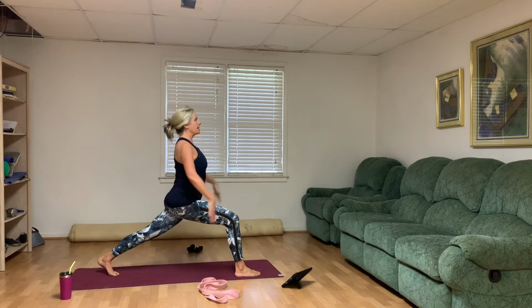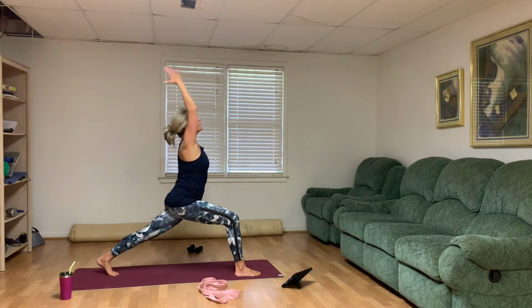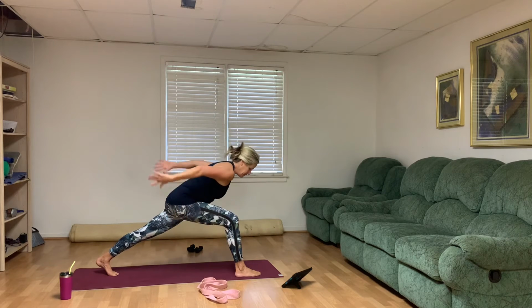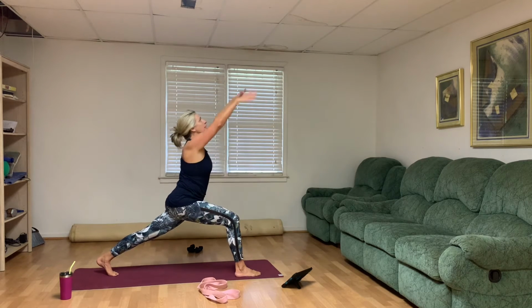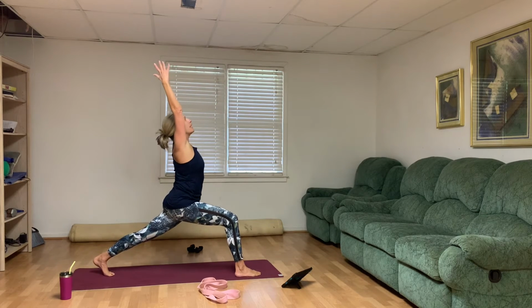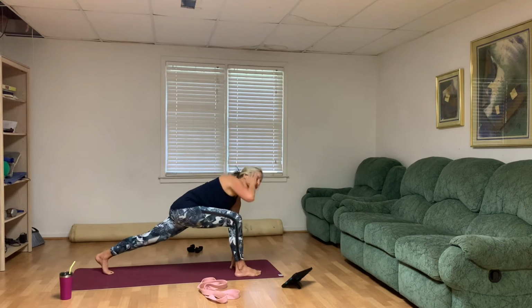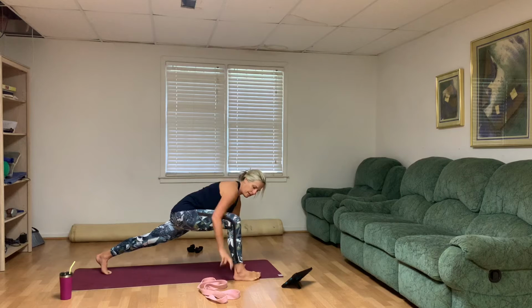We wanna stretch that left hip flexor by leaning back and tucking the pelvis under. Now let's swing through. Same thing, but we can scoot our left foot back a little farther and really lean back. Now we can bring those hands down, and for prayer twist, we can walk that right foot a little bit